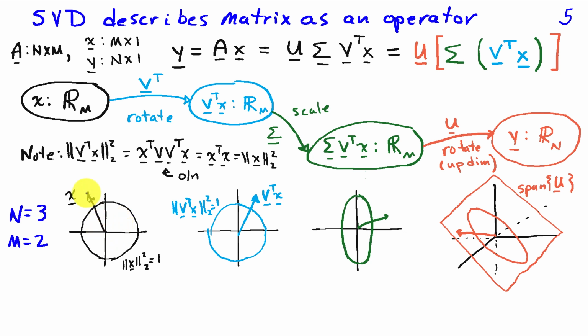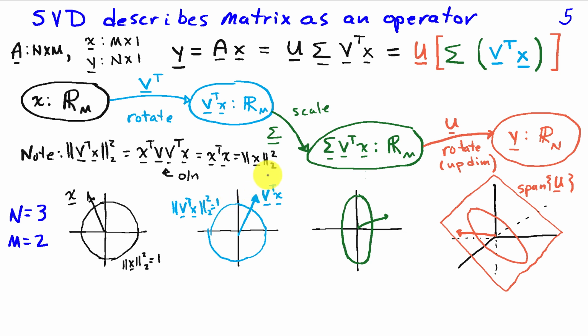So if we have some vector X, we can also look at the set of all vectors X whose 2 norm squared is equal to 1, and that'll be a circle. V transpose doesn't change the length of X, so it's only rotating X. So we'll have V transpose X, the identical length vector, but pointing in another direction. And since V transpose is not changing the length of X, it's not changing this circle, which represents the set of vectors, now in blue,